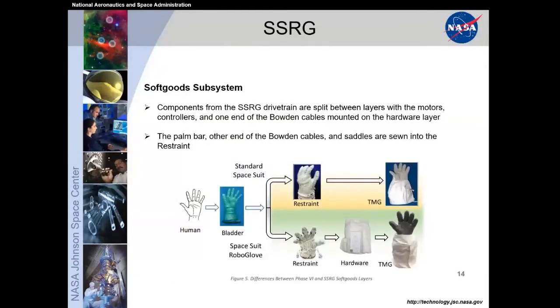Overview of how this whole thing fits into the system of the spacesuit glove itself. The spacesuit RoboGlove drivetrain is split between layers, with the motor, controller, and one side of the boat and cable. And then on the other side, we have the other side of the palm bar, the boat and cables, and the saddle. So your typical spacesuit glove, you've got your human, the bladder, which is your bubble,